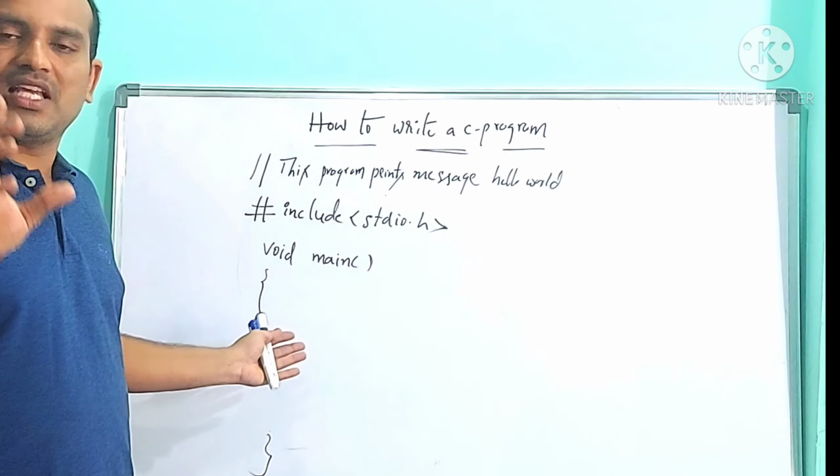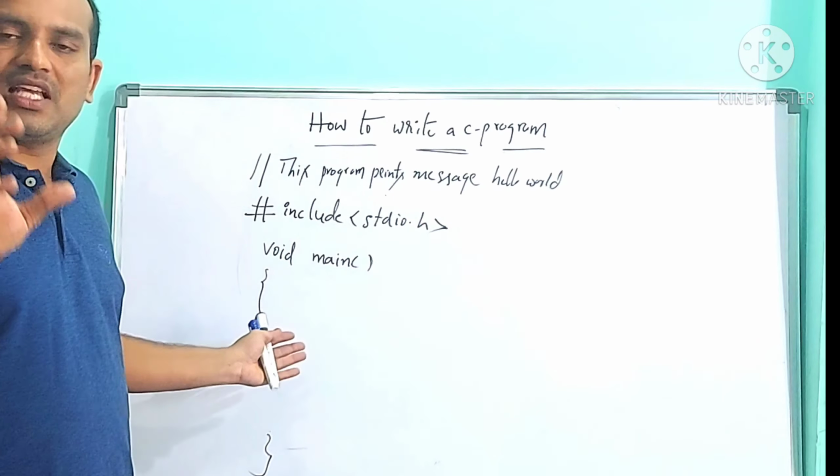This is called a program. So while writing any program, you need to remember documentation, #include stdio.h, void main function, an open curly brace and a closed curly brace. These are the mandatory parts. Now, the program which is written by the user is called the source program, or also called a high level language program.